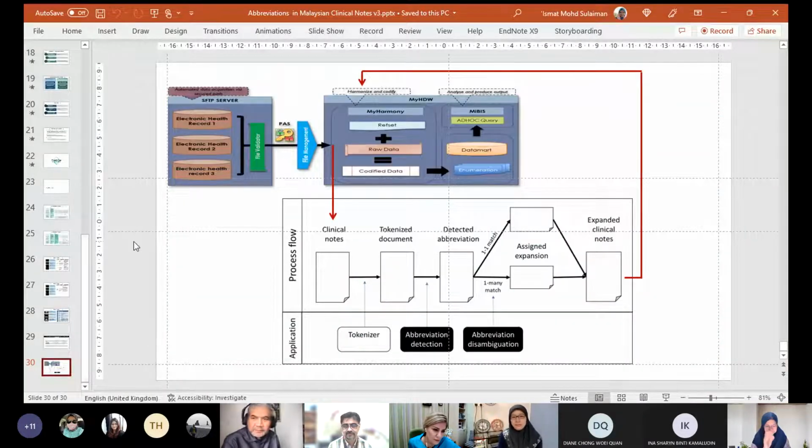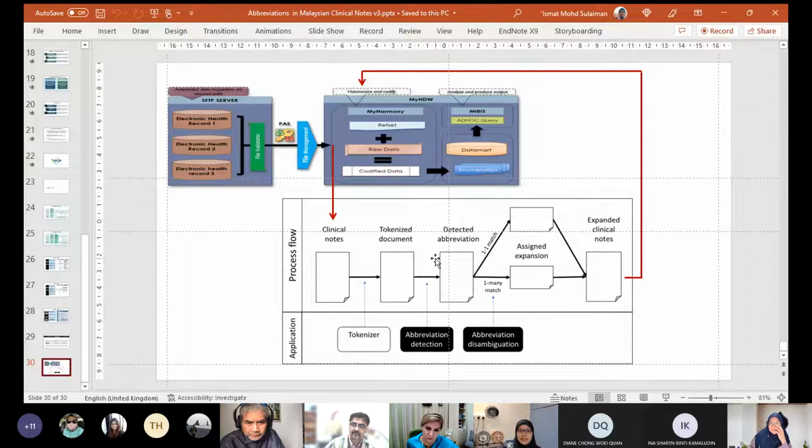Right. Well, actually, I have a slide for that, but this pertains to how it can be applied to My Harmony. But I think it would be a similar approach for electronic health records. Of course, My Harmony is a back-end system. This is also included in my thesis, but I did not include how it can be combined into a current application. So we've got the tokenizer, which was created from this research,